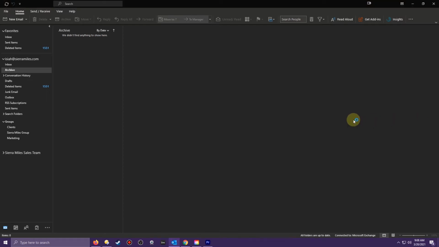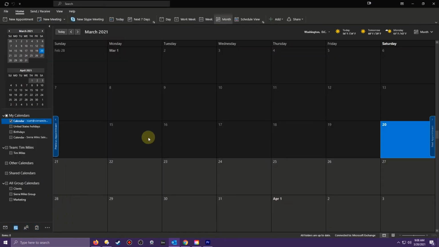So we're starting here from our Outlook mailbox, and I'm going to go down to the bottom left corner and click on the calendar icon. From here I'm going to go to the top of the page and click on New Meeting to begin setting up the conference. When the new meeting page opens, I can now start filling out the details of the meeting,